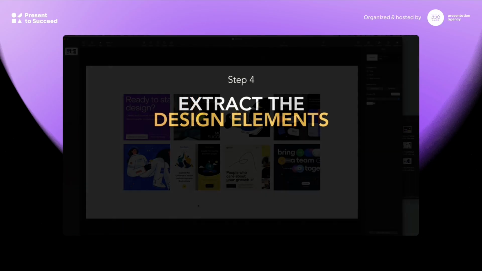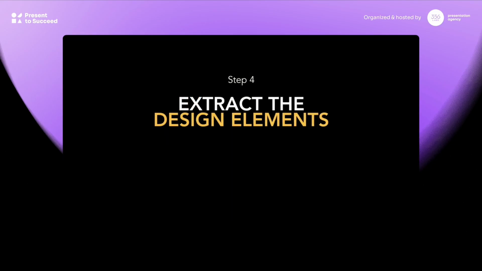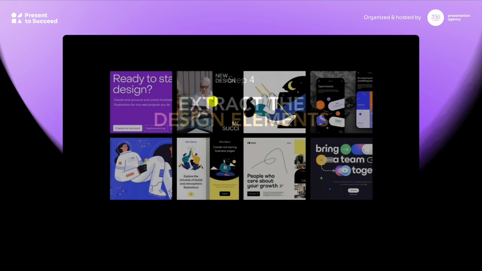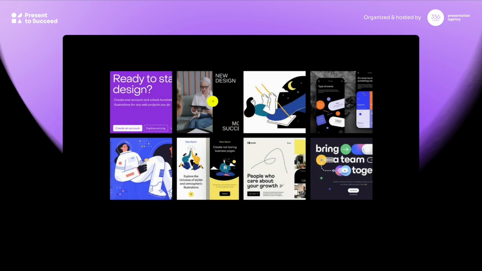And then the next step would be to extract the design elements from the mood board. So if we go back to it, you can see that all the decisions are already there. Like the color palette is already there. You can take your eyedropper from the PowerPoint and just click on each color and save them into your palette. So the palette is there.